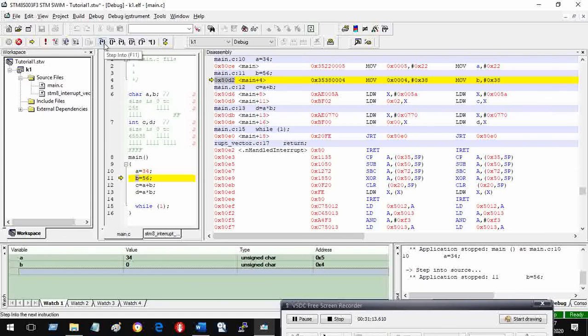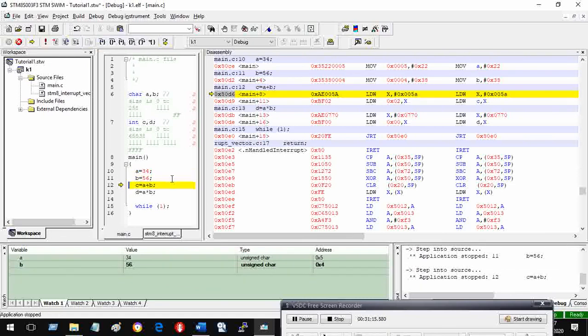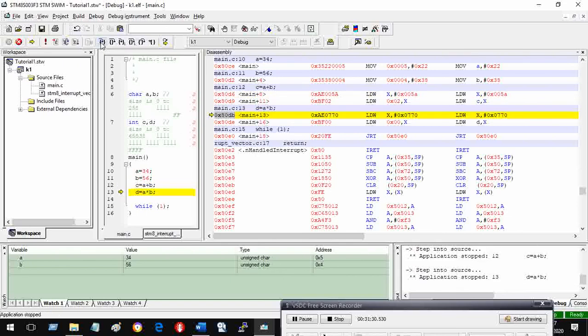So step into it. So B has been executed. It becomes 56. As you can see, it has become 56. Address of B is 4. Address of A is 5. Now, if I go to execute this statement, then here. So C equal to A plus B has been executed, and you have come to C is equal to A plus B, that has been executed. Therefore, the pointer has come to D is equal to A into B, right?